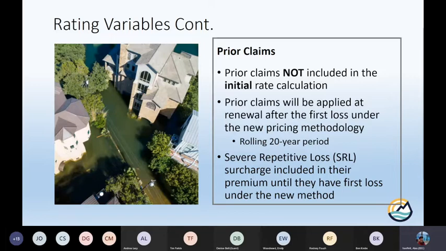There are a couple types of claims that are excluded, that are not counted against you. Not super important for us as floodplain managers, but I want you to be aware. ICC claims, for increased cost of compliance, or claims without payment, where they made a claim and either didn't meet their deductible or their claim was denied, those are not held against you. Again, excluded losses is really insurance jargon for the agent, but I want you to be aware that there are a couple different types of claims that aren't necessarily considered.